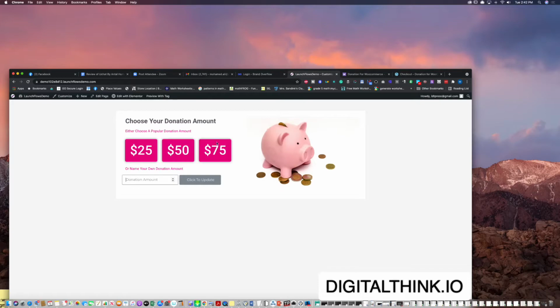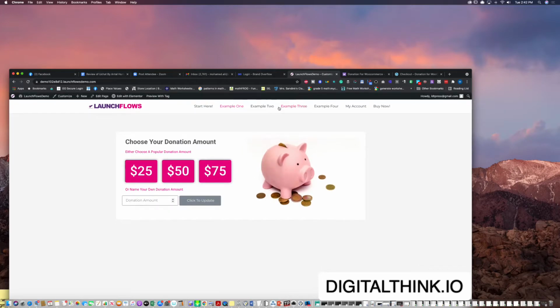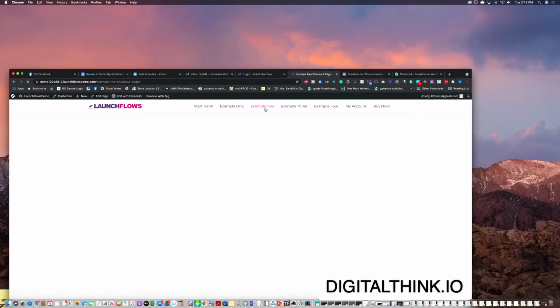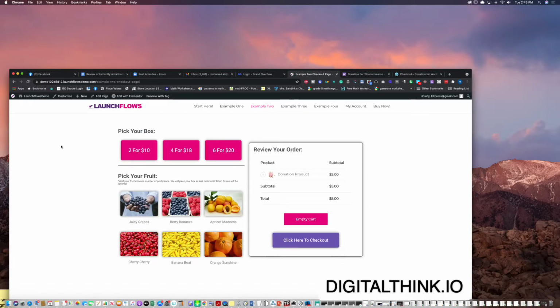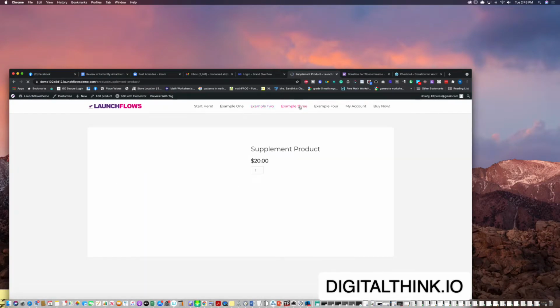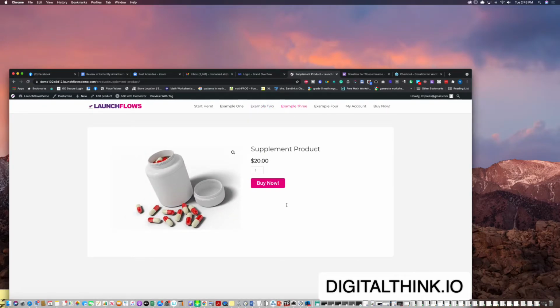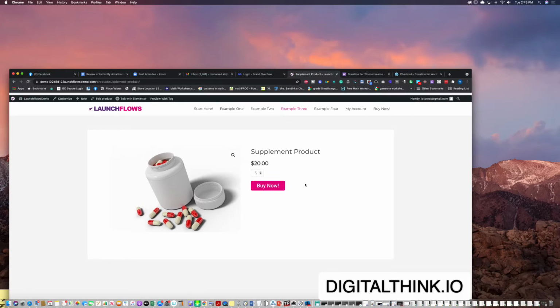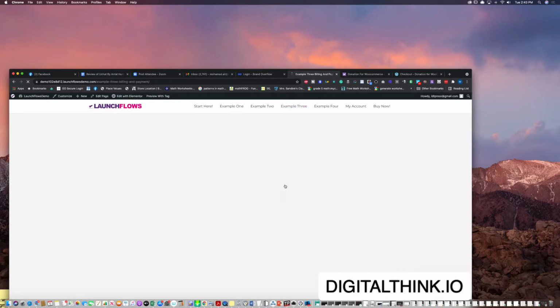Now, getting the same thing for $199 for unlimited websites, along with the ability to build funnels, along with the ability to build what we call picking up your box. This is if you are using deliveries, all that stuff. You pick up a box or you click on it, the next one like that. Or the other one it gives you is supplements here, and this is what you have. So when you click buy, I can automatically do this, buy 2. Let me show you this, buy this. When I click on it,